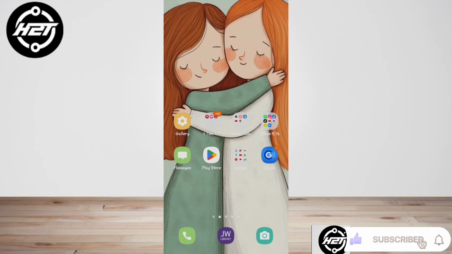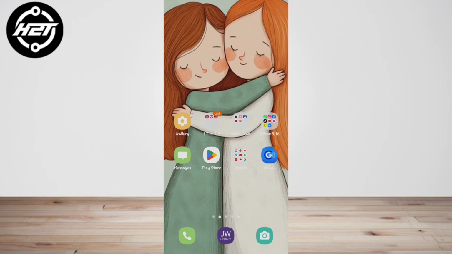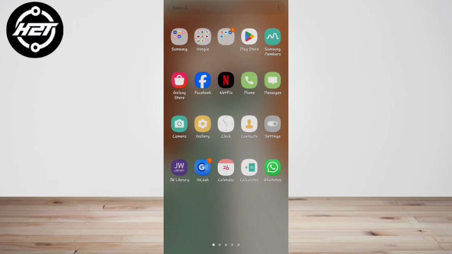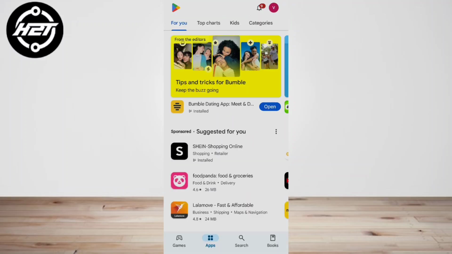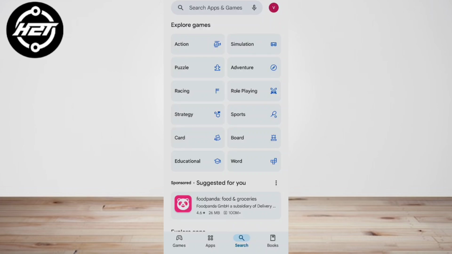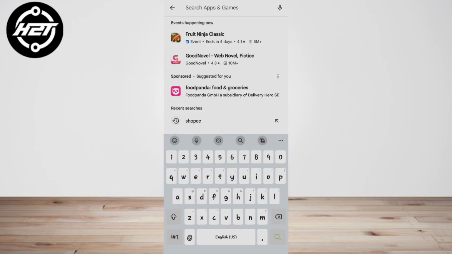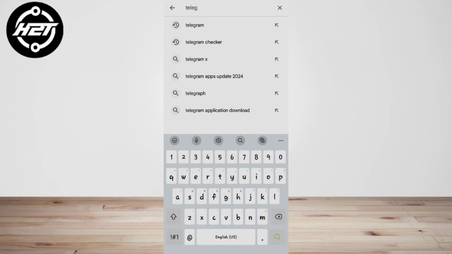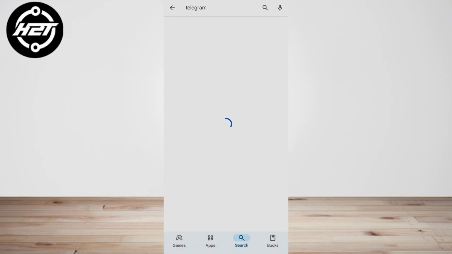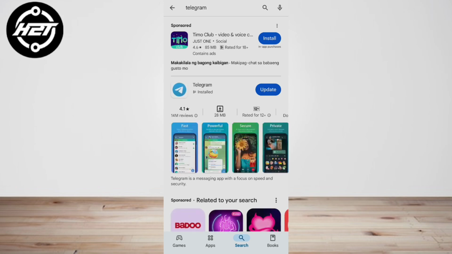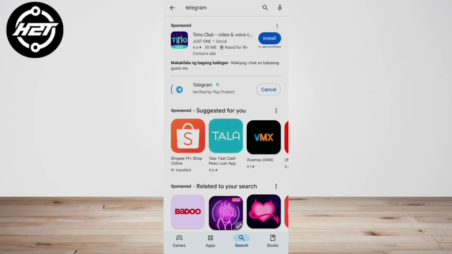Today I'm gonna show you how to use Telegram. In the world of messaging apps, Telegram stands out as a popular choice among the best encrypted messaging apps. While there are Telegram rivals out there like Signal or WhatsApp, users often find themselves drawn to Telegram's unique features.